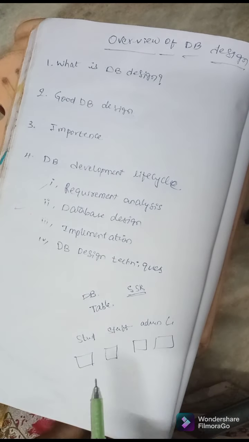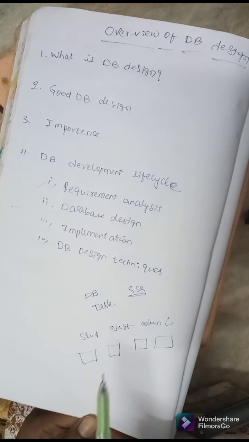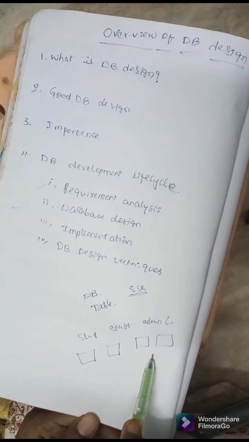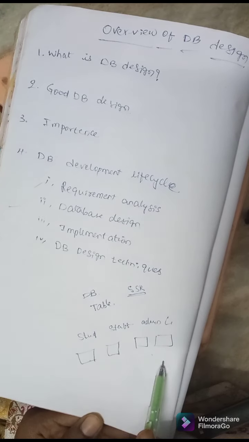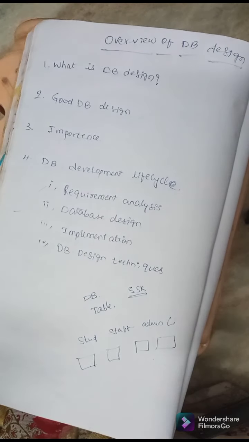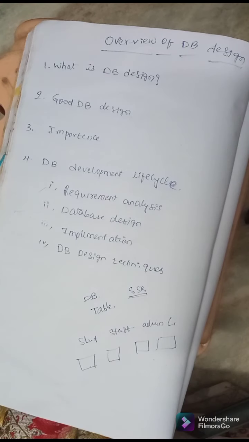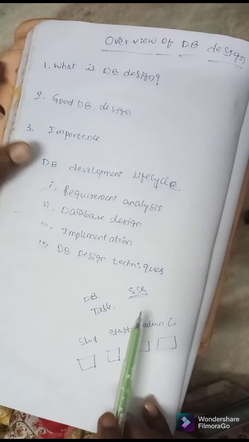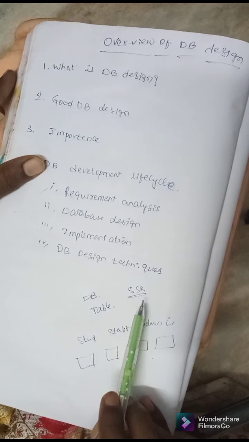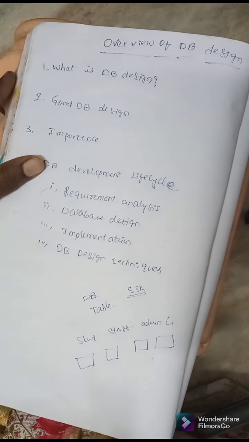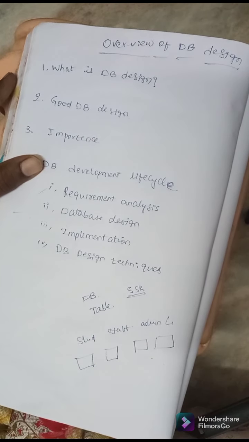Okay, so where you are going to store this, how these tables are linked together, and how to implement this practically, that means the overall design, we are going to see. Now, in order to construct the database of our college, SSR College, what do we have to do first? We have to come to the college and ask the principal what the requirements are. He says that I want a table of students, staff, admin and for the library. Okay, so that means what?